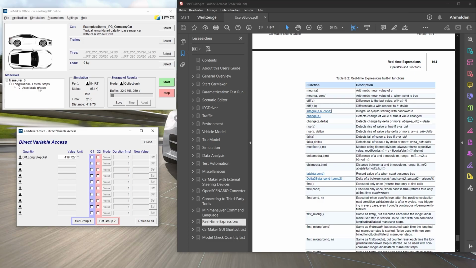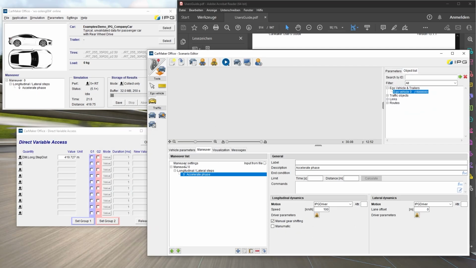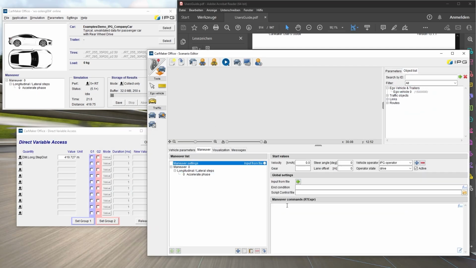First, I navigate to the maneuver GUI and create the required quantity. This is used to store the required information.